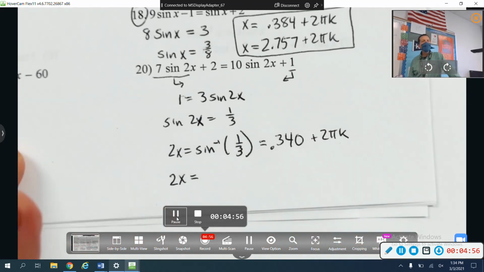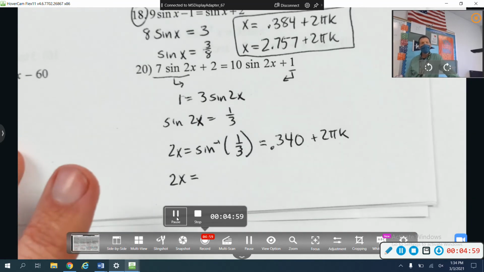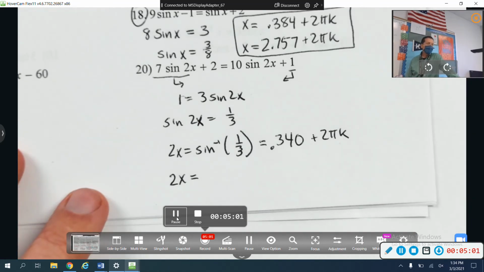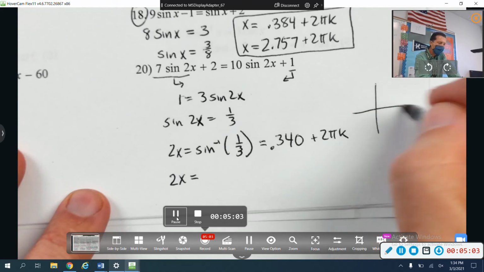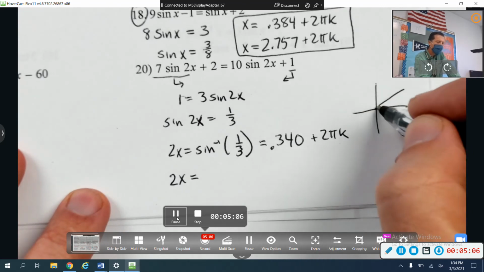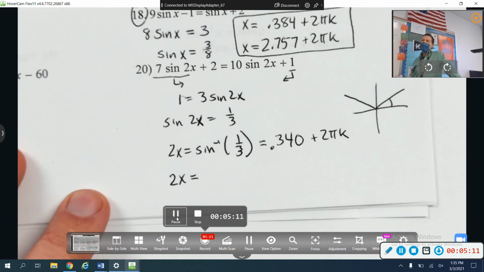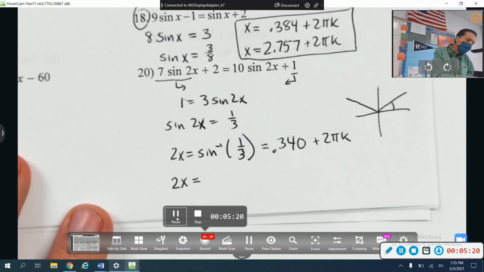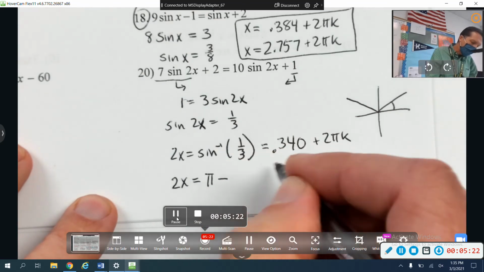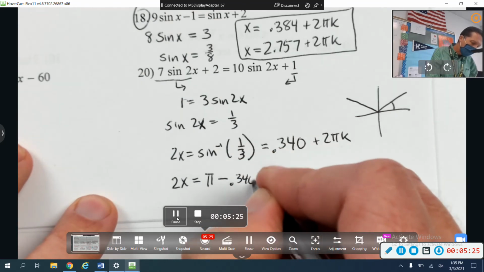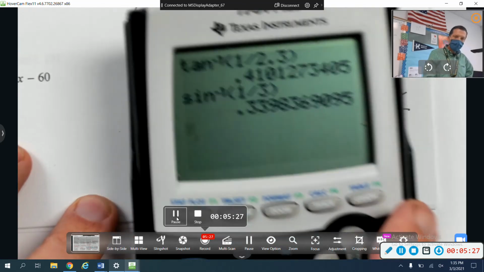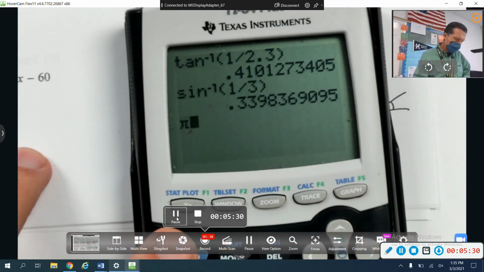Actually, I don't want to divide by 2 yet because I need to think about where that other angle is. So the sine is 1/3. The sine is positive in the first and second. So the calculator gives me the first quadrant answer. How do I get the second quadrant answer? Pi minus. So the trick for sine, it's not really a trick, it's just the rule for sine, is pi minus the first answer. Pi minus answer,